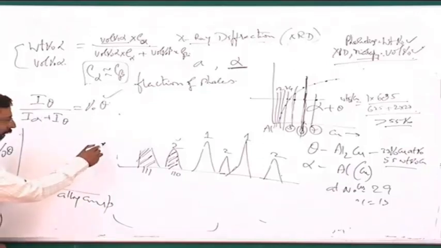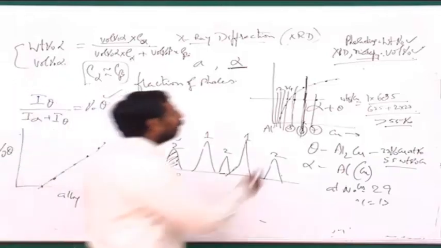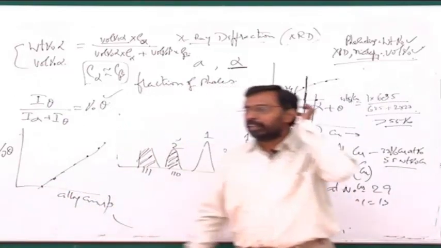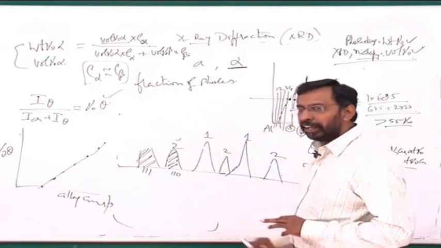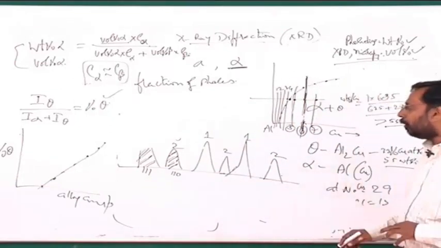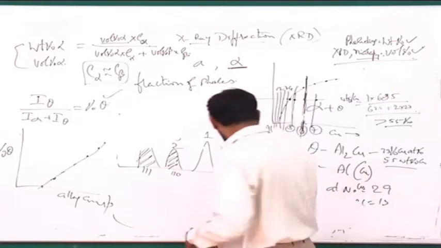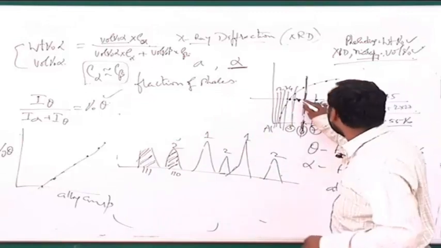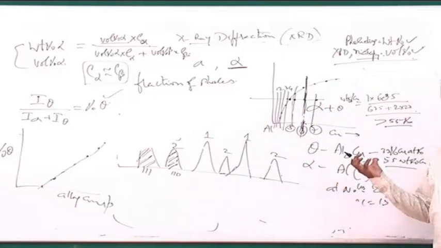And if I join this like a least square fit and find out where this goes to 0, that particular composition will be my solvus line. So I will be able to find out the solvus composition simply by finding this. Because here I am not finding out the exact amounts, I am not even bothered by the structure factor business here. Whether I am considering this alloy or this alloy or this alloy, for all of them it is the same structure factor. So I don't need to bother.